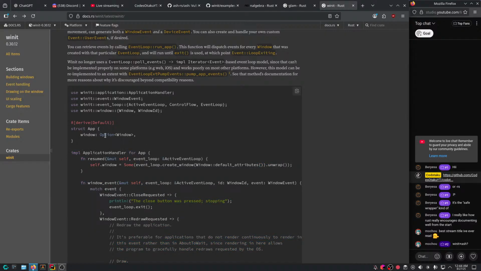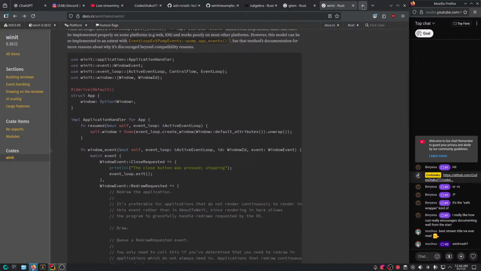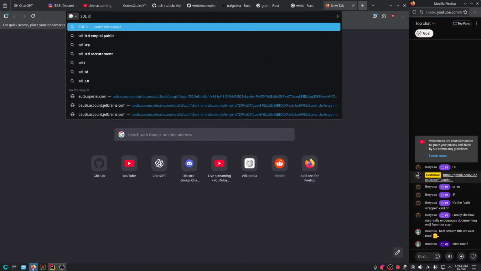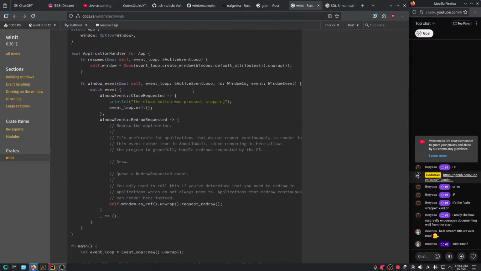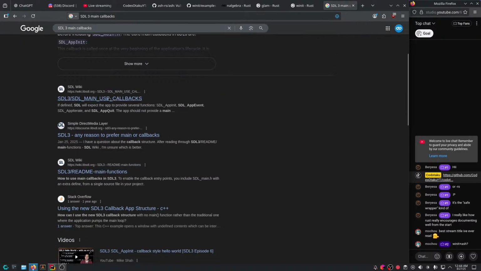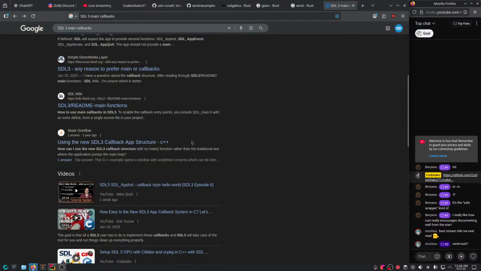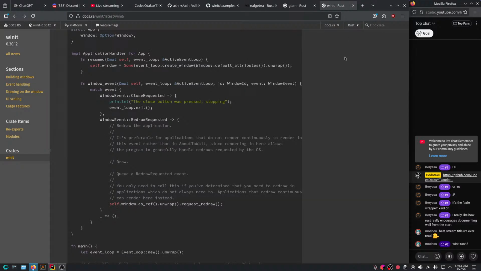So SDL and GLFW, for example, didn't account for that at first, though right now SDL at least added something called the main callbacks, which is basically doing the job of this kind of event loop. Just giving you some, I'm not sure, yeah, I can't connect, interesting. The server is down of SDL3 for some reason. Alright, anyways.